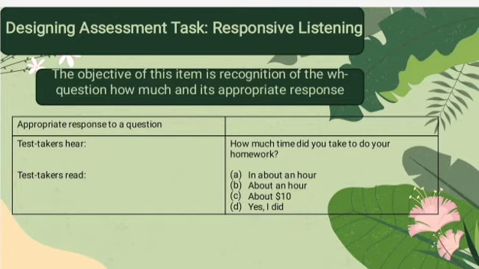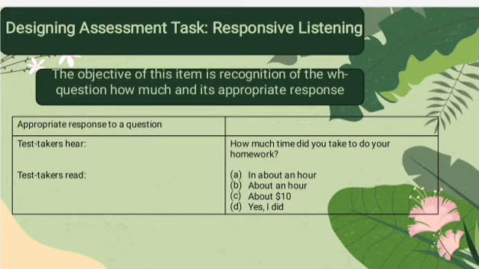It is related to a question and answer format. The test taker's response is the appropriate answer to a question. The objective of this item, the example in the table, is recognition of the WH question, how much, and its appropriate response. Alright, let's take a look at the appropriate response to a question. The example